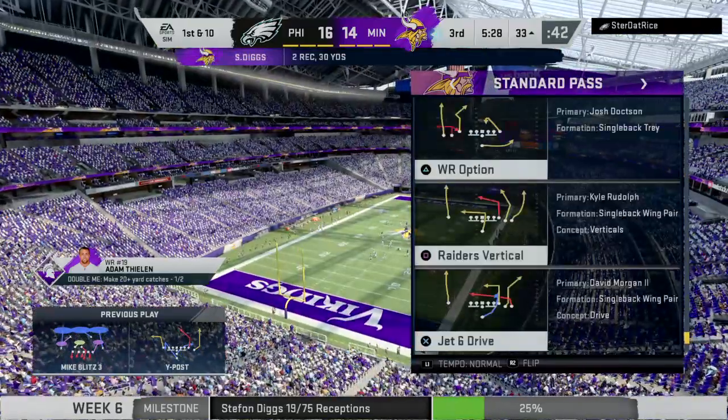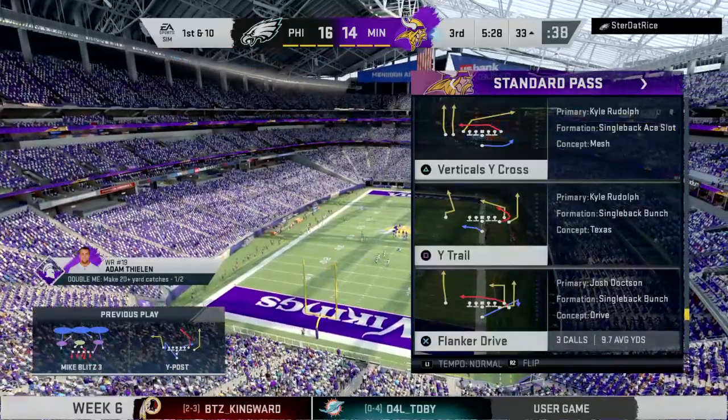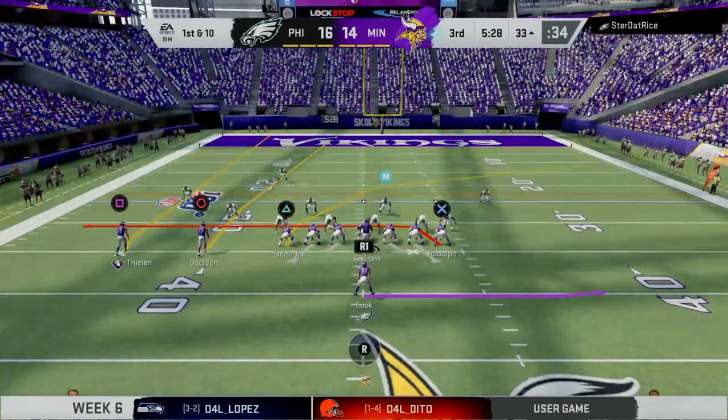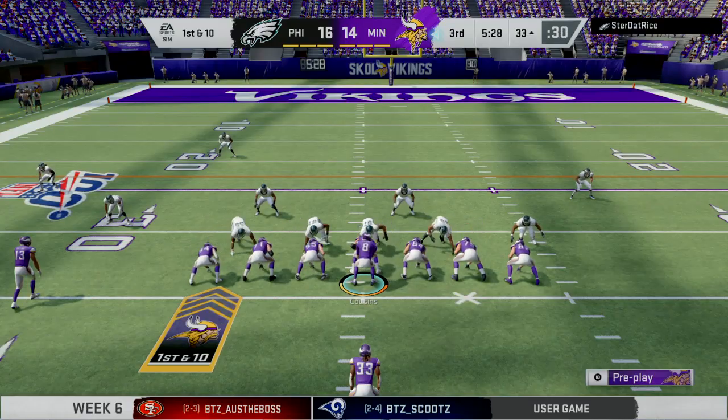Now, after the completion, we're going to get a timeout, an injured player. Well, he gets attended to. We'll step aside. So they'll come up 1st and 10 now from the 33. Let's go, D. It's going to be a long day